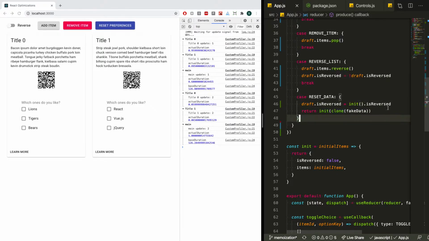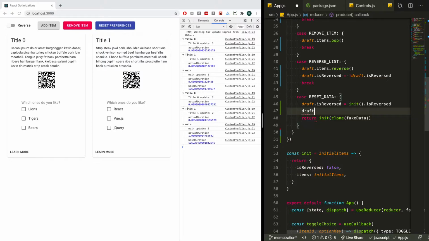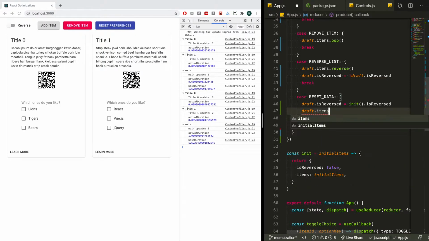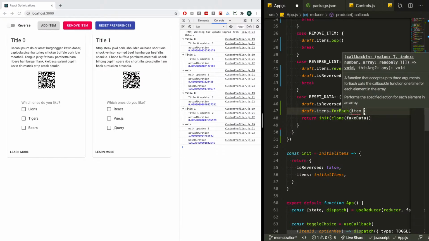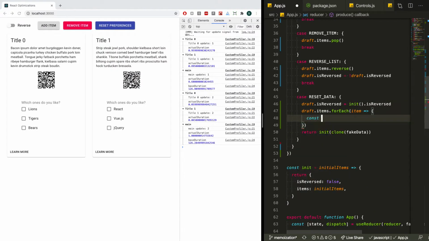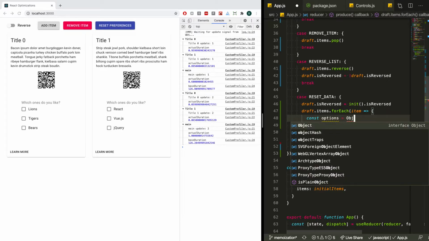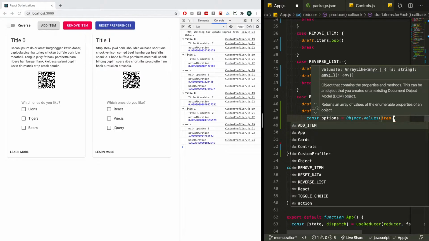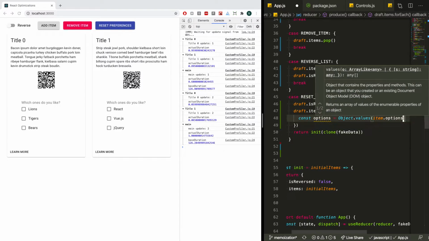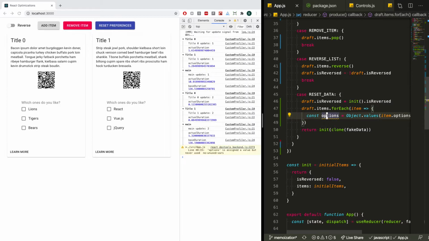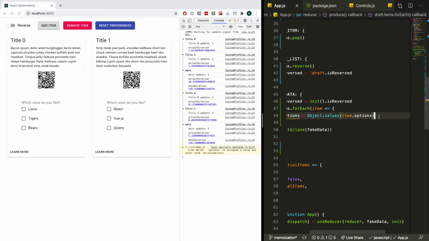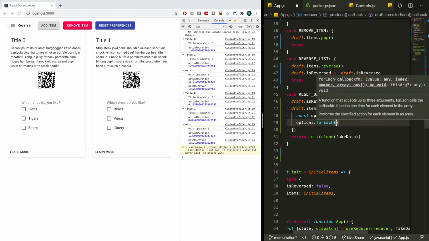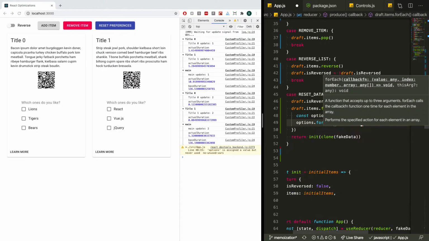And then the second thing we want to do is draft.items.forEach, sorry. So we're going to go through every single item, and we're going to get the options for the item. So Object.values, because it's an object. So item.options, each of those is an object. So we want to get those values, and then for those values, we are going to have to do another forEach. And this is a double loop,